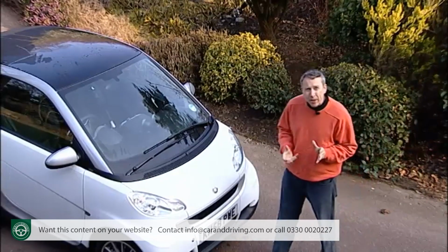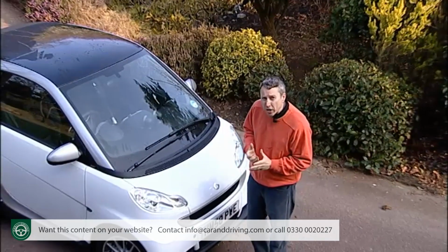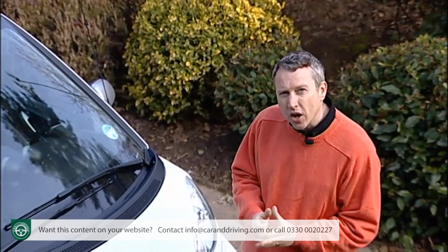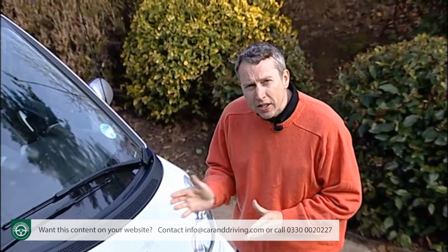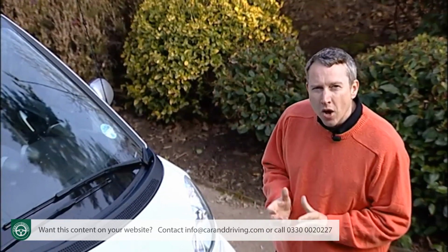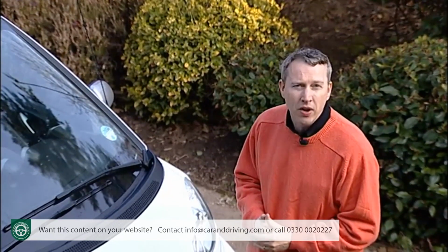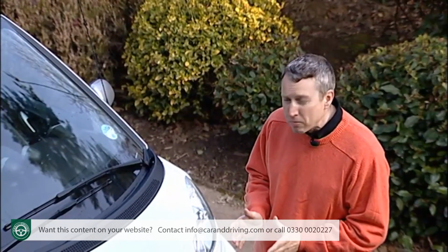The Smart story is a tale of 2 halves. Originally, the brand was conceived as a collaboration between watchmakers Swatch and Mercedes-Benz, and it brought us one of the most curious and cleverest cars of the last century, when what's now known as the Smart Fortwo debuted in 1998. Now, skeptics doubted that urban customers would buy such a tiny, slow and odd-looking little car, when for the same money they could have a more conventional supermini. They were wrong, and the first generation model shifted over